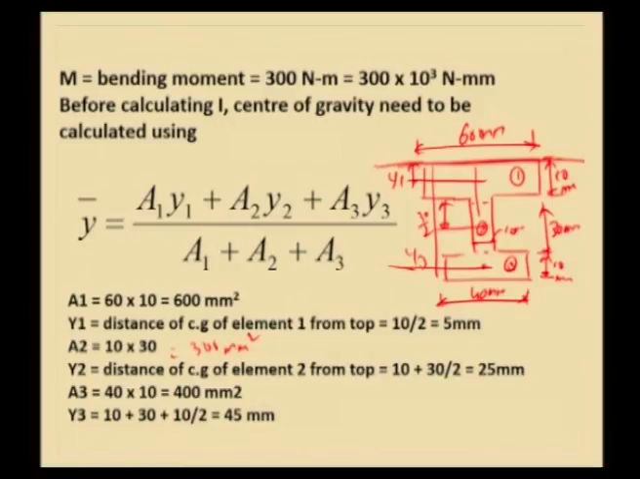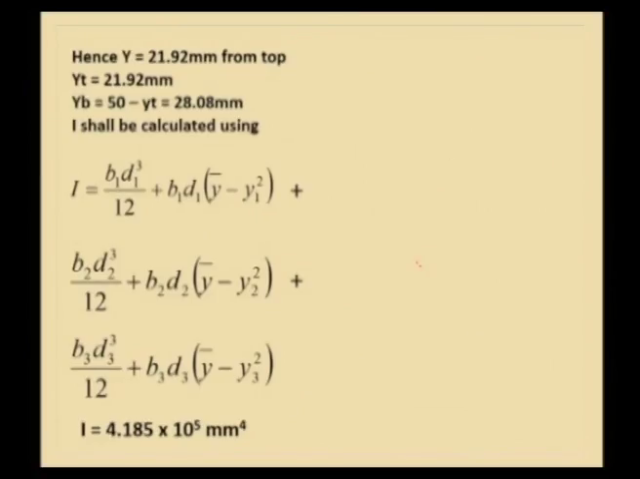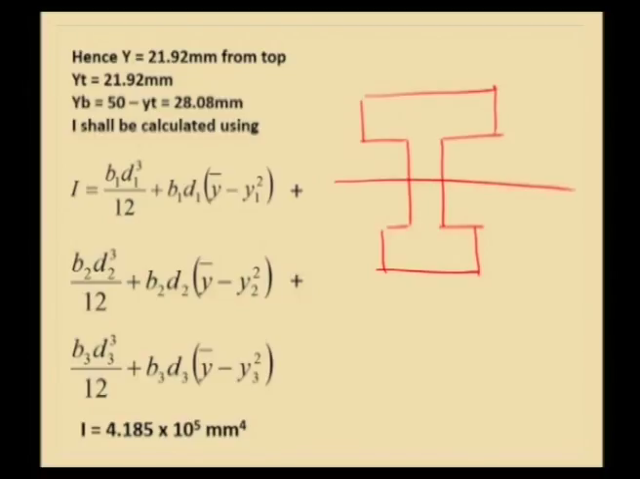So, once A1, y1, A2, y2 and A3, y3 are known, we can easily compute the y bar value. So, y bar value is equal to 21.92 mm from top. So, for this section, for the unsymmetrical I section, the first and foremost thing is to compute the CG distance, and we have calculated the CG distance from the top as